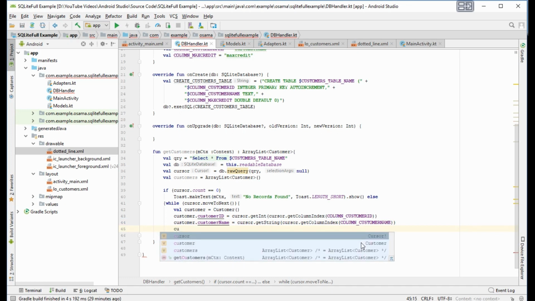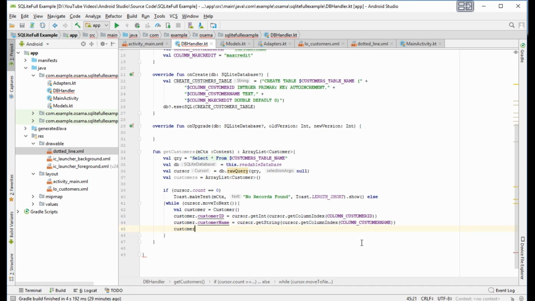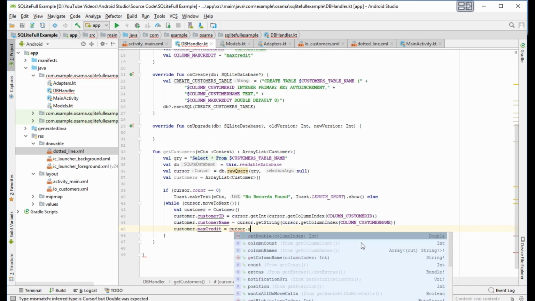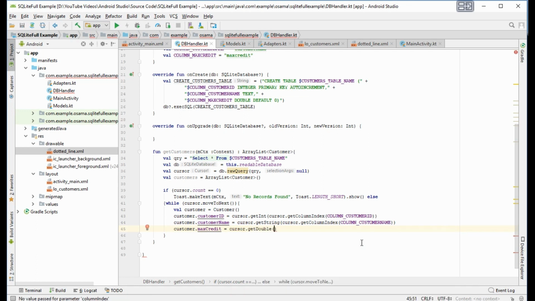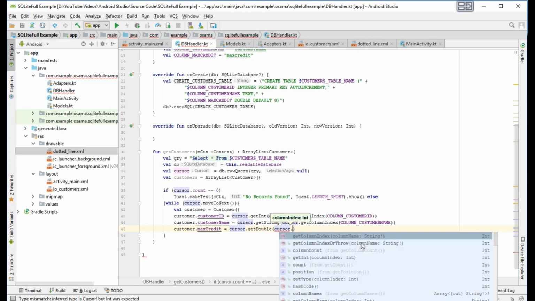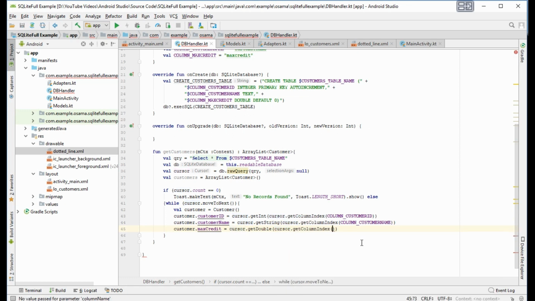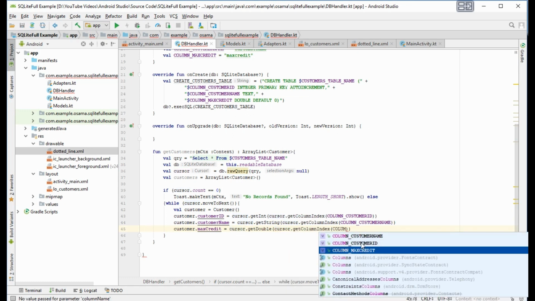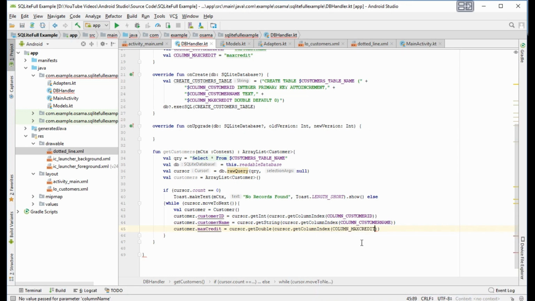And the last one, customer dot max credit equal cursor dot get double. It is a double value, it's not integer, dot get column index for column max credit. Okay.